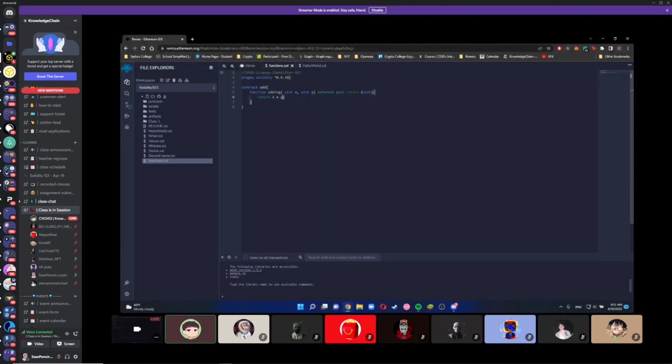And don't forget, you must always put the semicolons at the end of your line. So this is basically all you have to do for a function. It's a very basic idea of what a function is. It's not too complicated, just very straightforward. Once you're done, you can compile it and test if it works. But for some reason,